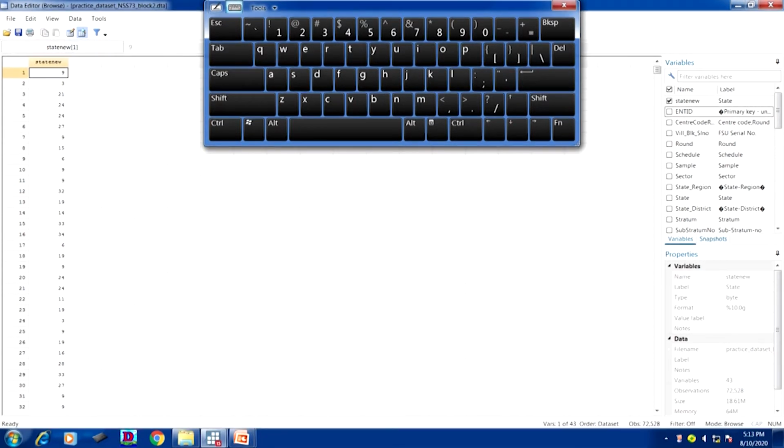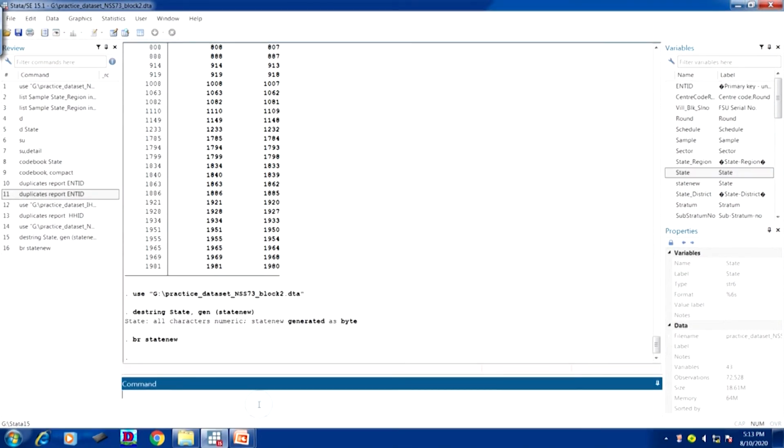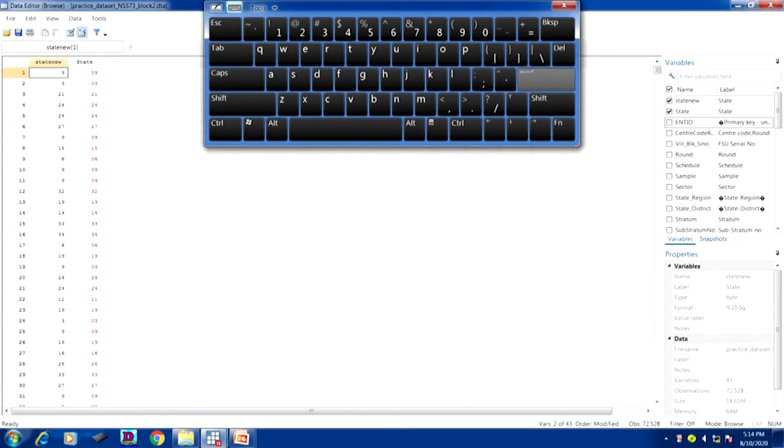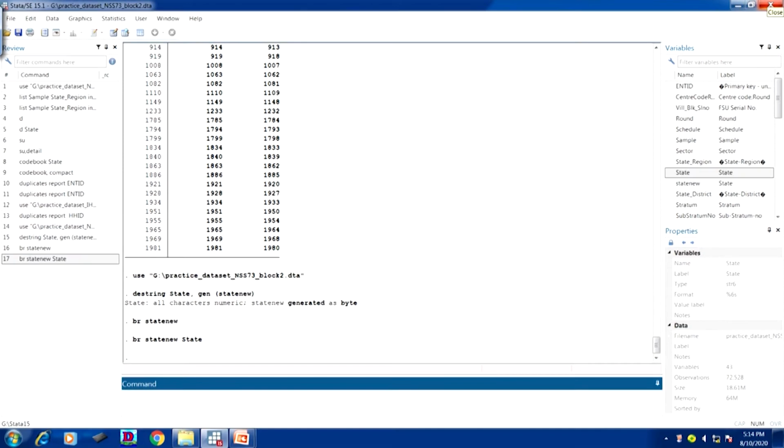Compare the two together: enter state once again, and enter, we will get both together. Initially it was state in red color, now state new is in black color. That means it has confirmed that your data is converted to a numeric number. Now you can apply your mathematical operations for results.